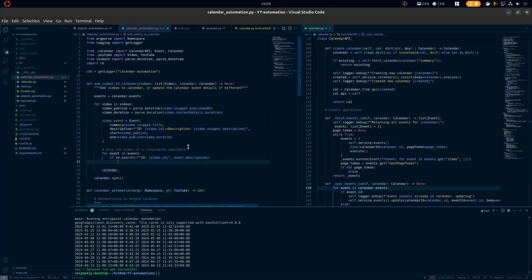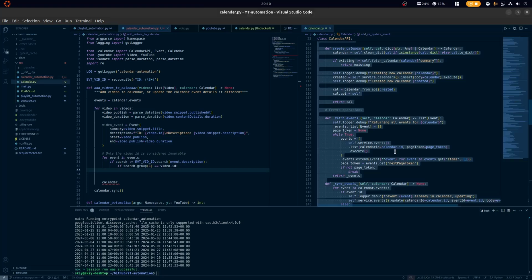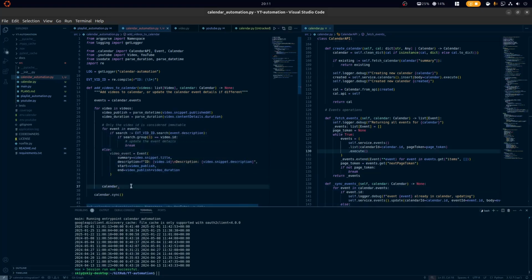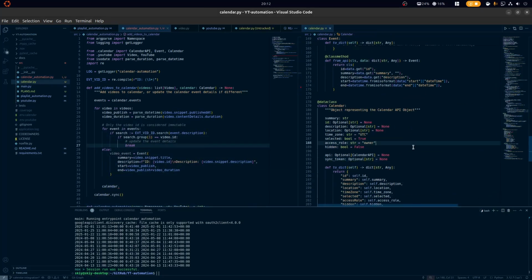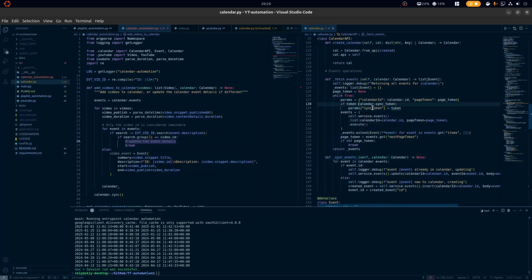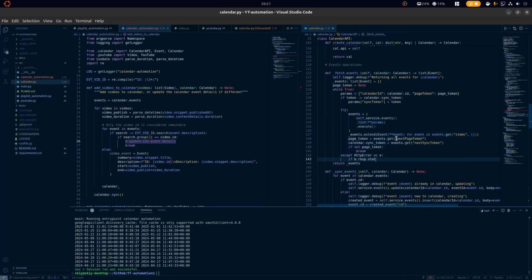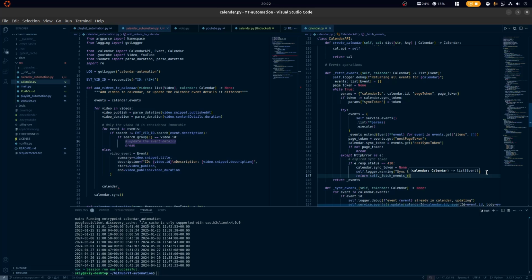If there's any disparity between the two, we delete the calendar event and replace it with a new, fresh one made from the video, because YouTube is the source of truth. If they differ, the calendar is assumed wrong, because why would the calendar be correct and YouTube be wrong? That's the reasoning that goes into it.